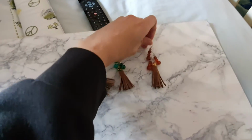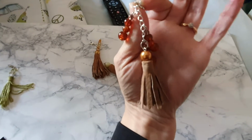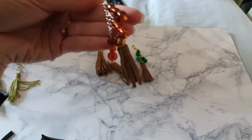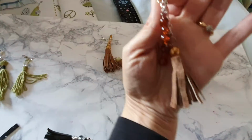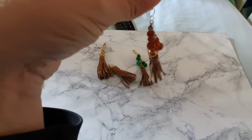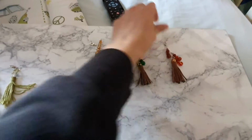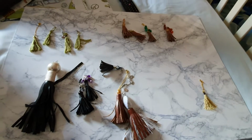And then on this one, it's got a silver chain, and then I've added the sort of bronze bead again, and then I've gone up with a sort of brownie coloured glass bead going off to dangle off the sides. So yeah, that's sort of what I've been playing around with, just trying to do a little bit,